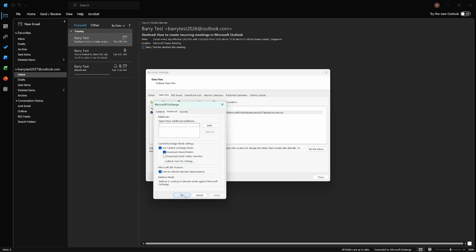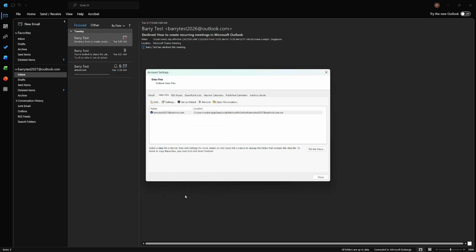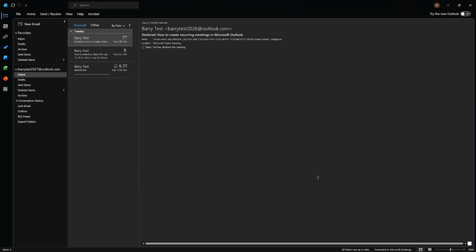To wrap up, the strategy is simple. Use Mailbox Cleanup. Find large items, sort by size, and remove what you don't need. Focusing on the biggest emails first delivers the fastest results, and being selective